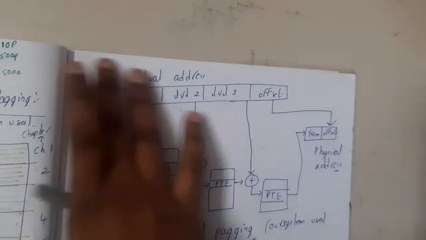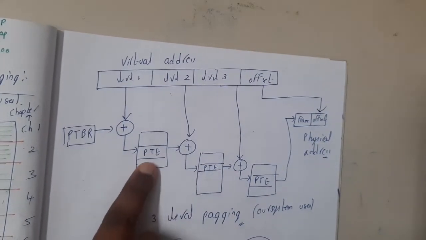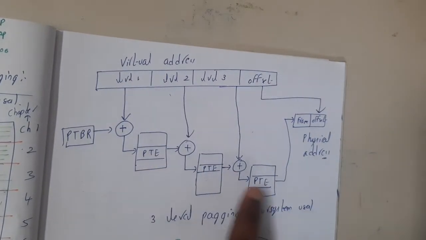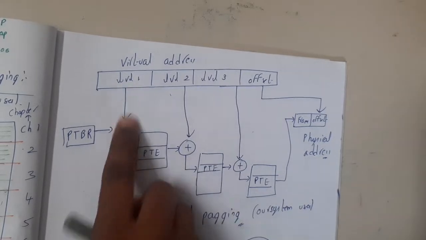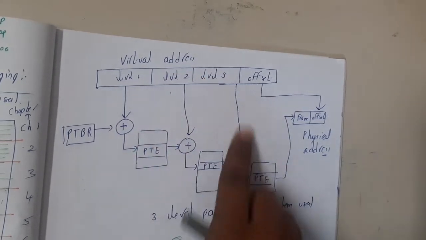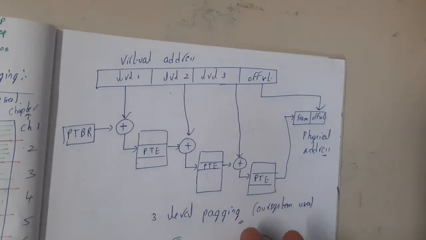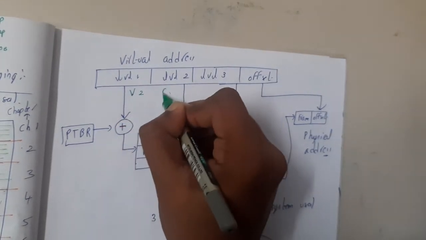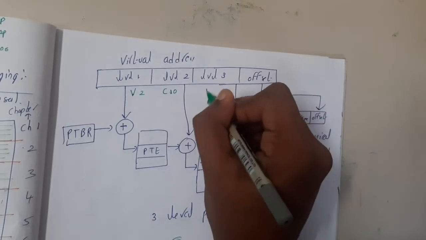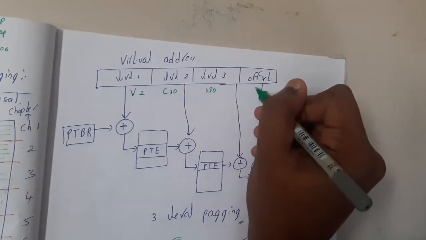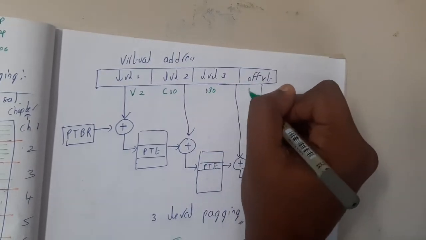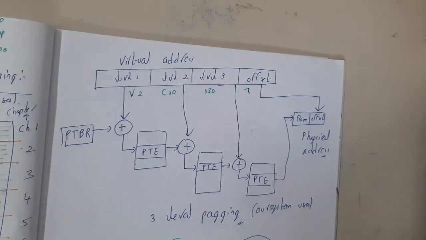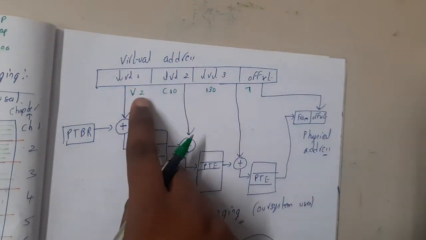So the structure will look this way, guys. First you will have a PTP, page table. So page table, page table. These are the page tables, and based on your levels, as you pass level by level, you will go. If you want me to explain in more detail, concentrate here. Assume that you are searching for volume 2, chapter 10, page number 130 and line number 7. At that time, what you will first do is open that particular volume 2 book, right?